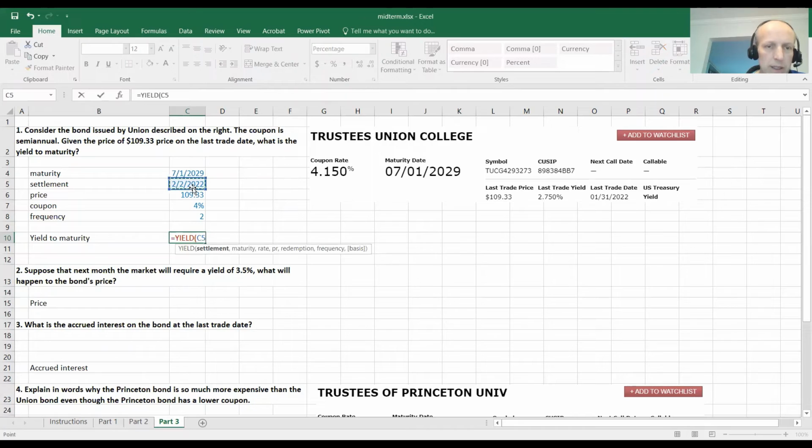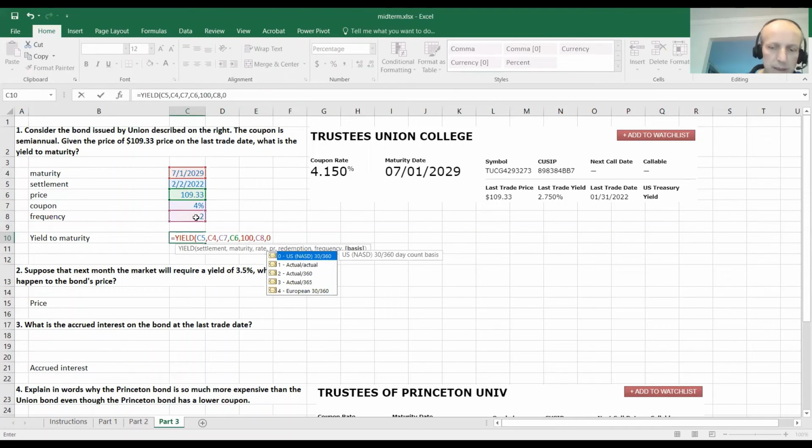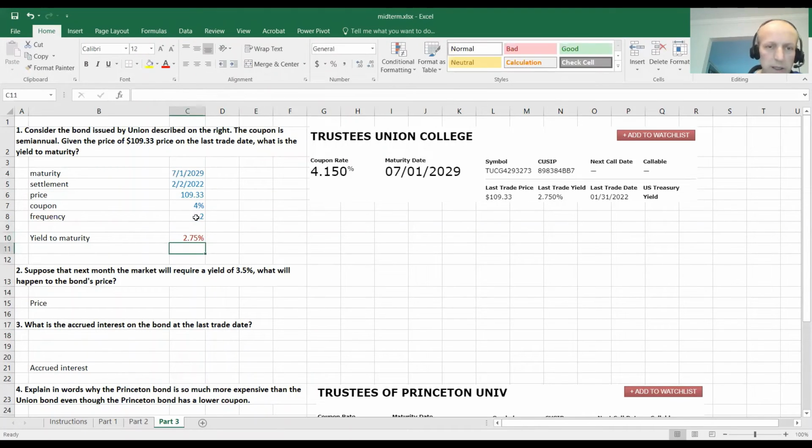We need the settlement date. We need the maturity date. We need the coupon rate. We need the price. And we need the redemption. Let's hard code it at 100. Frequency is 2. Basis, let's keep it 0. It's a corporate bond. And the yield to maturity is 2.75, which incidentally is the same thing that we get reported on this